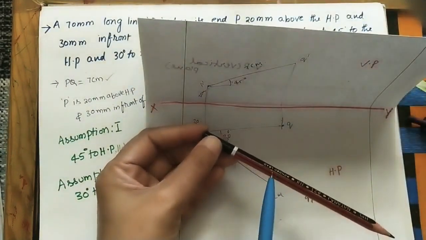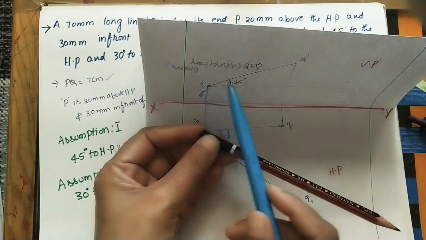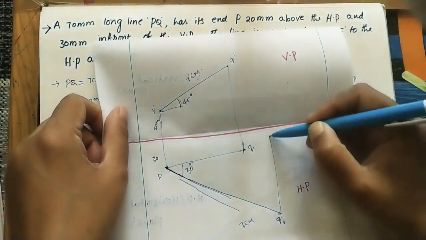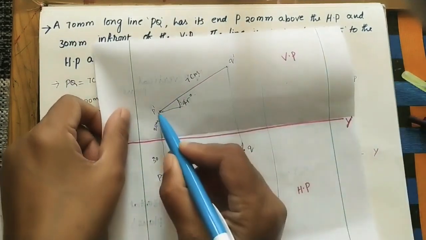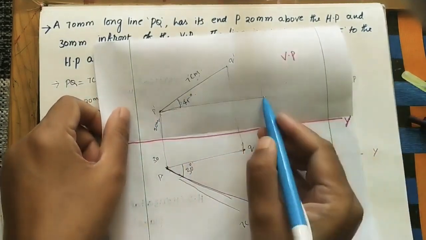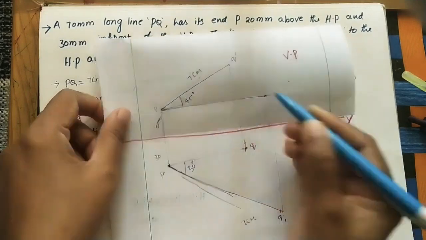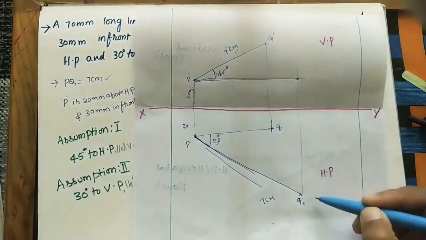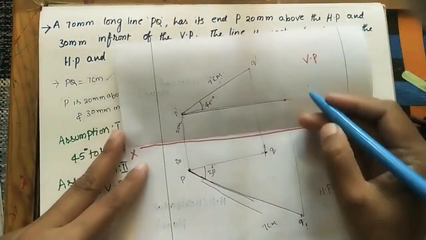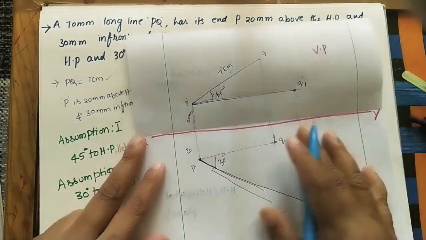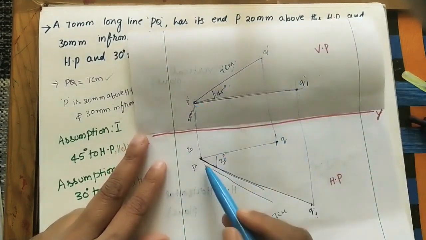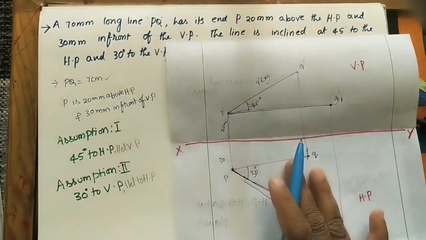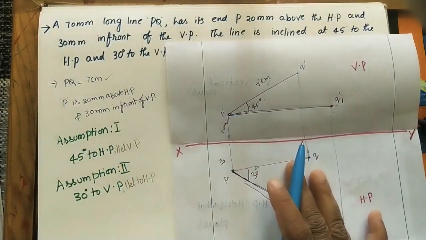So in the front view, it is looking like a horizontal line. For doing the horizontal projection, just do the projector lines like this. Already we did here. So at this P dash point, do the horizontal line. This is the front view. This inclined line in the front view is looking like a horizontal line. So here we have given Q1, and for the front view we are giving Q1 dash like that. This diagram is the first assumption, this diagram is the second assumption. Now we have to combine these two for getting the projections of the final line.